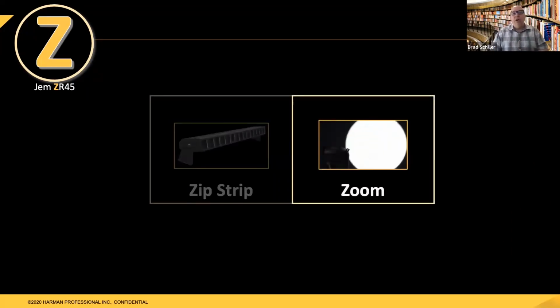And then finally, we're going to talk about zoom. Zoom is the ability to adjust an optical system between different settings, and it typically will change the beam angle or the output field of that product. It could be manual, such as a zoom lens on an ellipsoidal or zoom in a Fresnel, or it could be automated like in a moving light, where you can control the zoom of a fixture and it changes the output through the optical system.